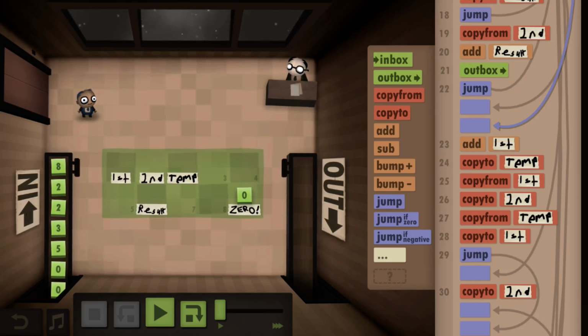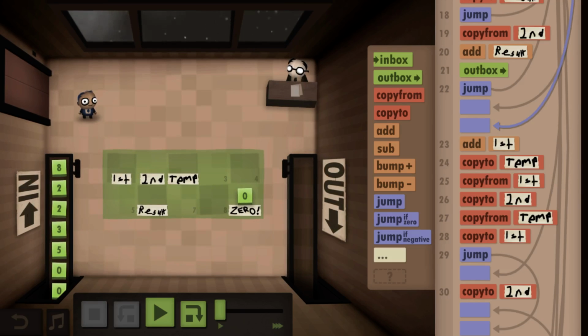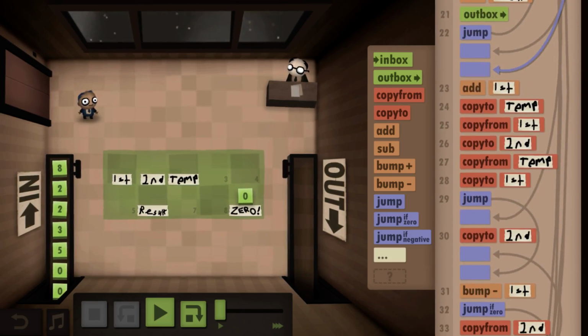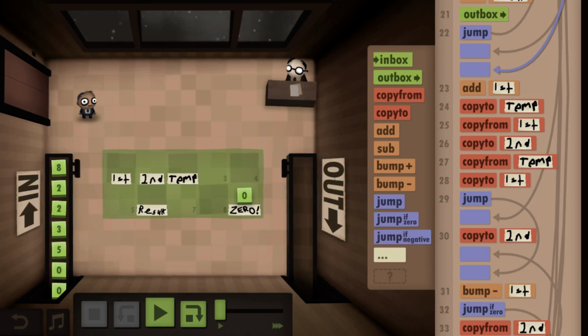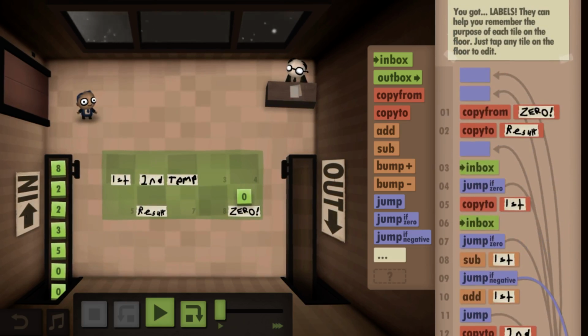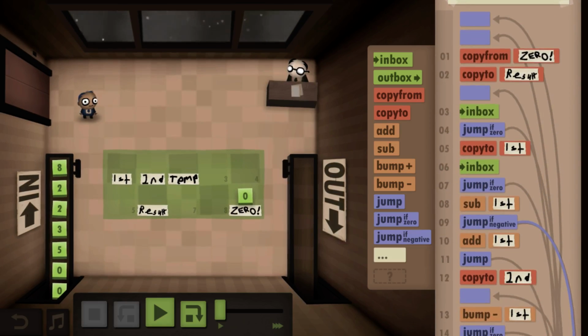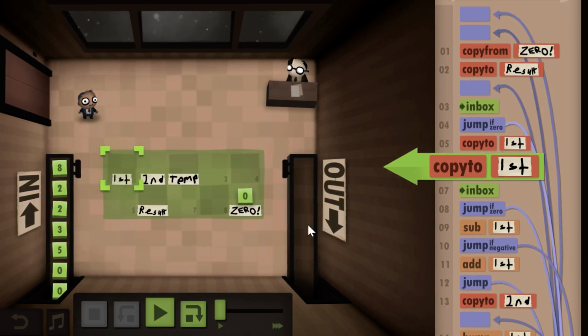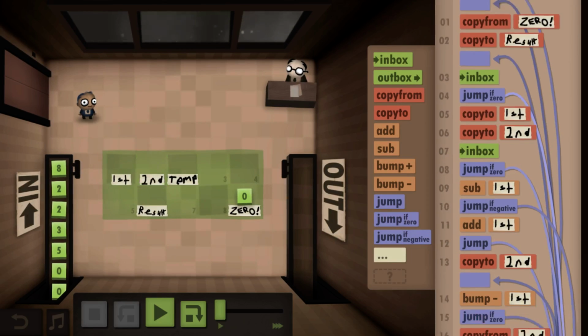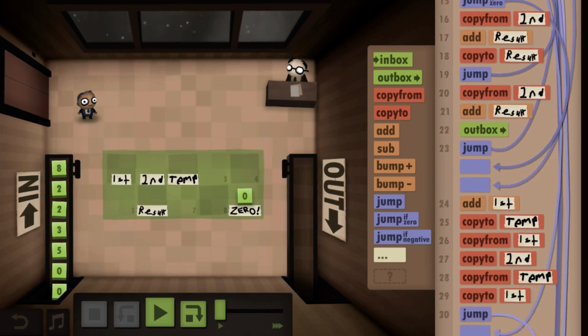And you know what we could do? Instead of doing these commands to move things around, what if instead we did something sneaky and just copied this to both of them? And then if it's negative,